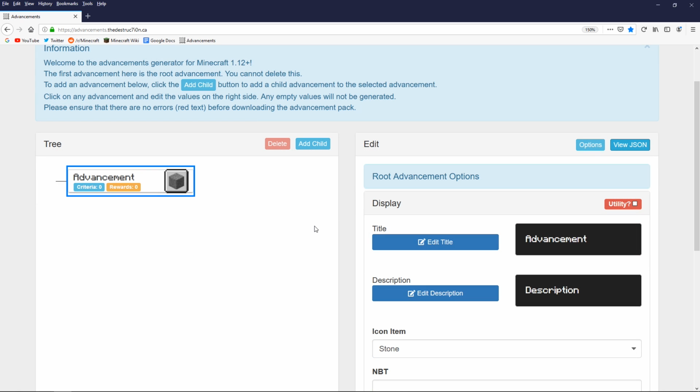What we need to start off with is our root advancement, and that is effectively the category that these advancements will appear under when you look at the Advancements tab. Right now, there are 5 categories, which are Minecraft, the Nether, the End, Adventure, and Husbandry. We're going to set up a 6th one that is going to be called Survival Guide, and from here we can do that. So it will start off with this root advancement. You're unable to delete this. This is the crucial bit that starts off